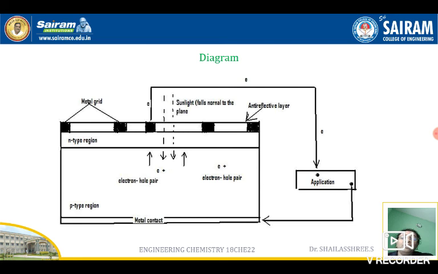The electron and hole pairs are generated. The PN junction has a special property: it allows the electrons and the holes to move in a particular direction. When they flow through an external circuit, the electrons will be conducted there, and the conducted electrons, in the form of energy, can be used for any purpose like heating, lighting, running of motors, etc.